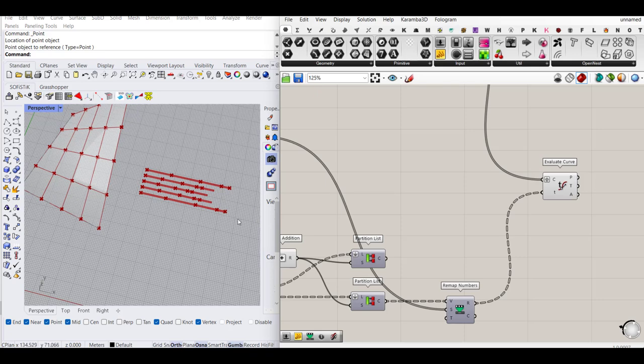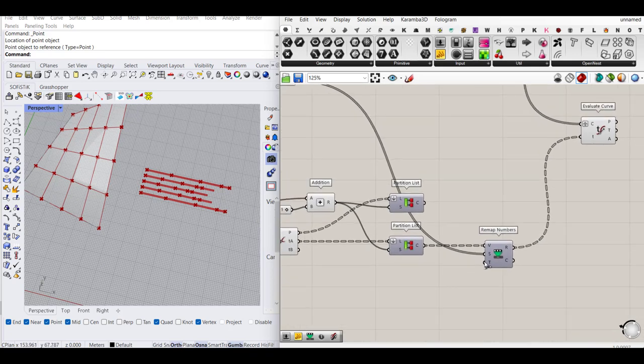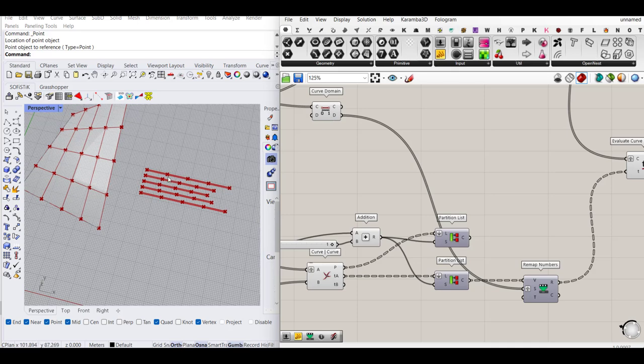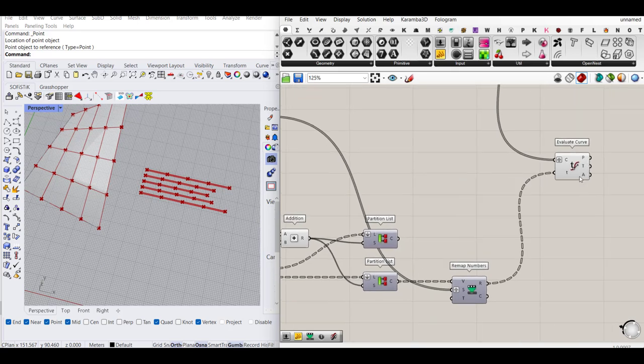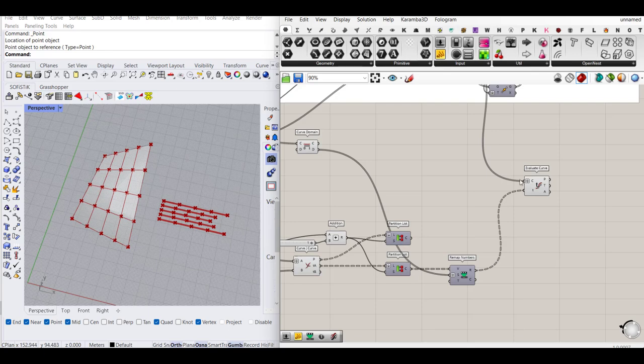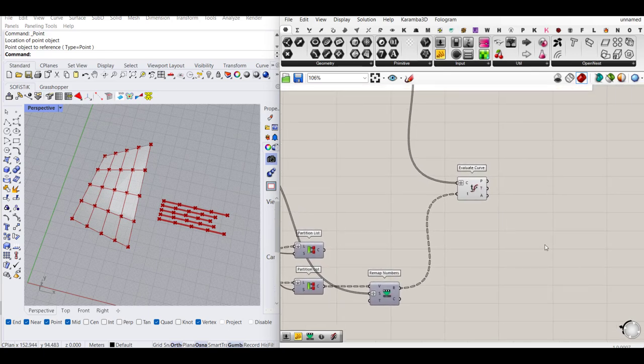look correct. You see here. So what's the problem? Maybe I also need to make here a graph. Yes, and that was the problem, because each of these curves and each of these locations was specific to each of the curves, and then we also needed to make group or graft here so that it works correctly. And if you want to check if it really works now or not, we can have a